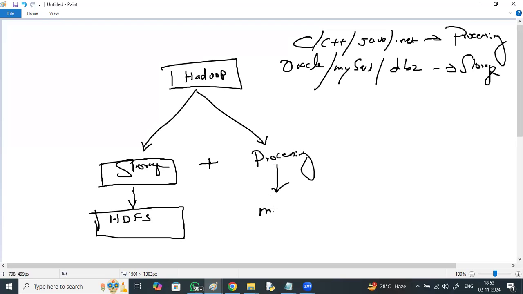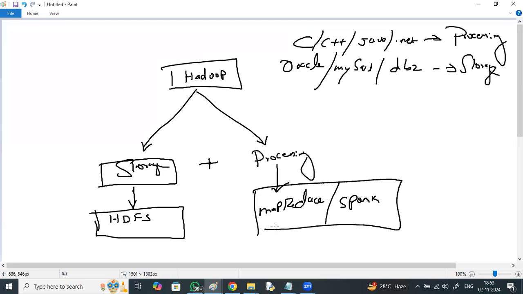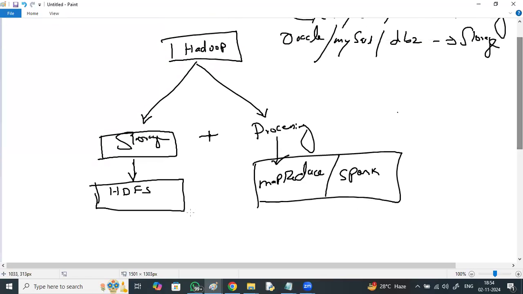And for processing, we use an execution model called MapReduce, or Spark currently. So for storing, HDFS; for processing, MapReduce or Spark. Hadoop is meant for two things: storing and processing.